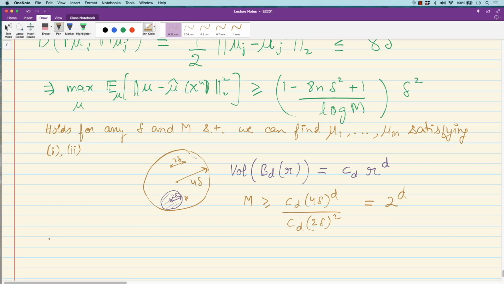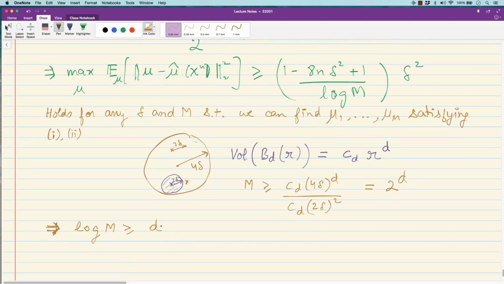Okay, so we can find log m exceeding d. So you can find these many points, 2 to the power d. So when you take log, you get d. And when we substitute this here, we get